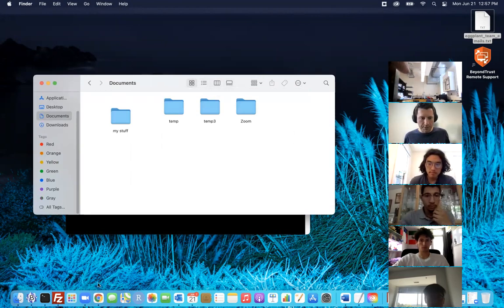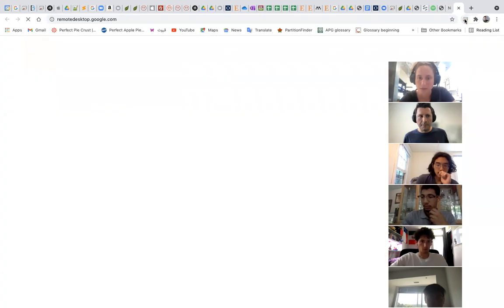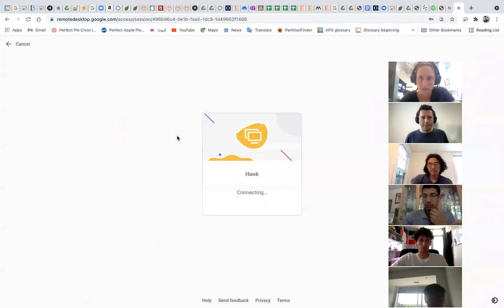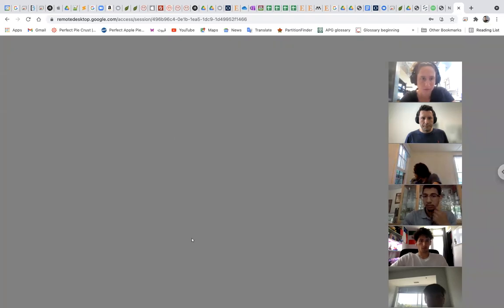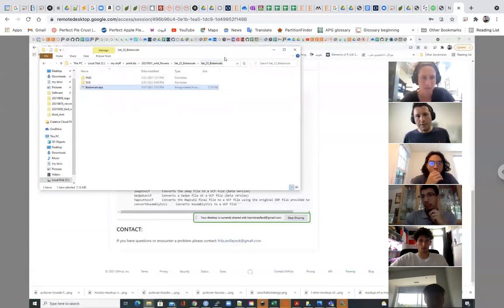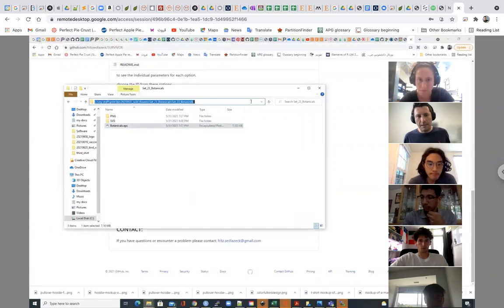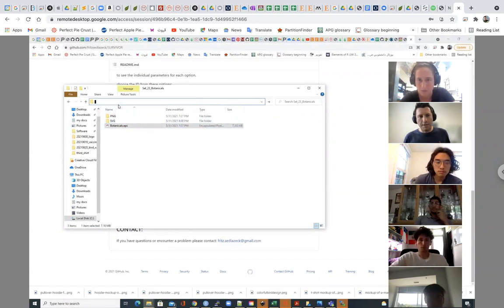On Windows, it's a lot easier. If you click there, it shows you the address of where you are, and you can just copy paste the address that you find there into here. But on Mac, it's a little